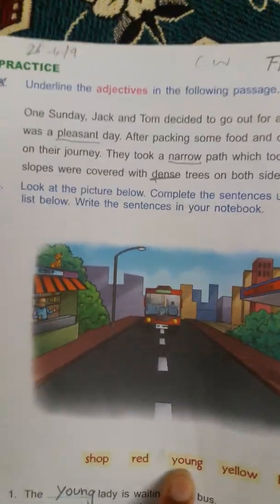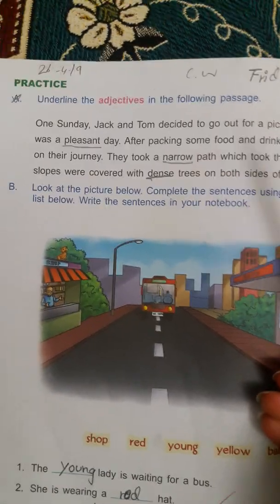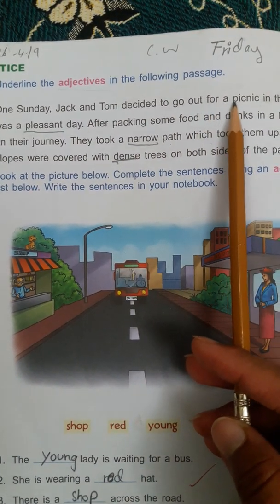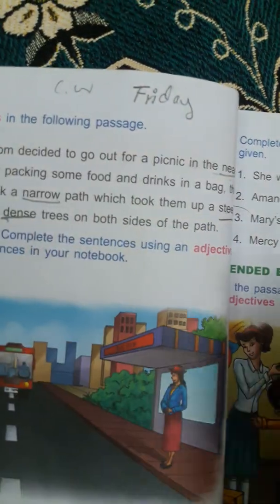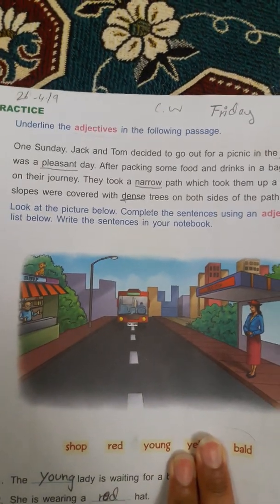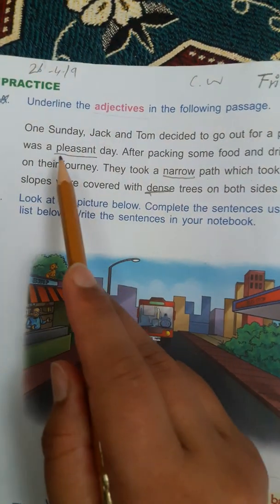Page number 10. Write date, CW and day on the page. Underline the adjectives in the following passage. One Sunday, Jack and Tom decided to go out for a picnic in the nearby hills. The quality of the hills is that they are nearby. Okay, the next words: it was a pleasant day. So, pleasant is